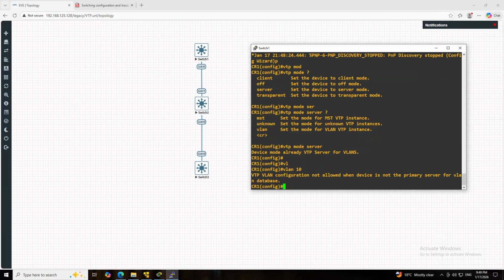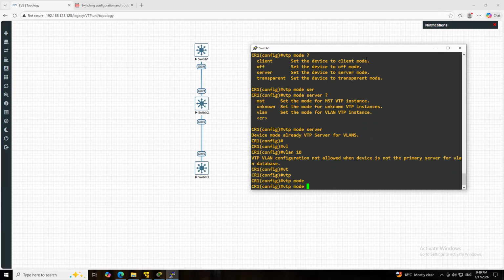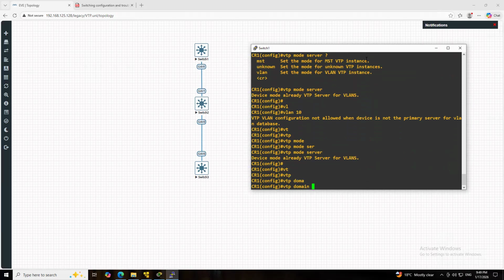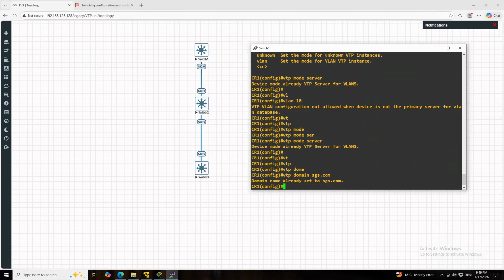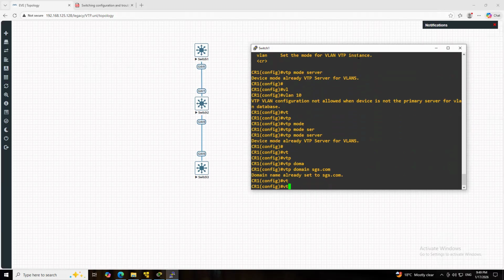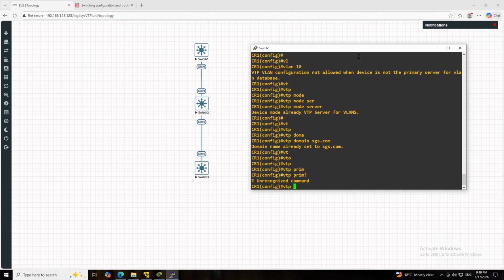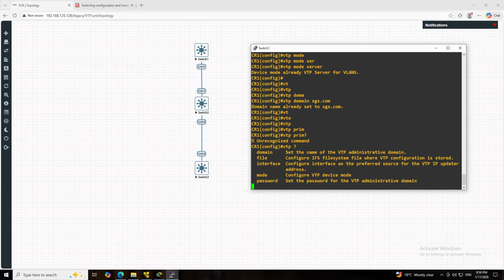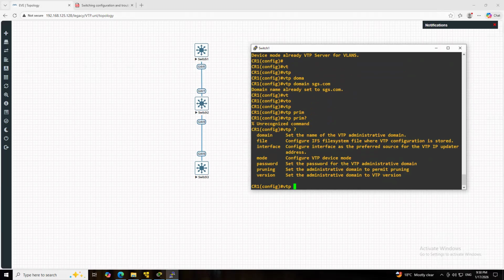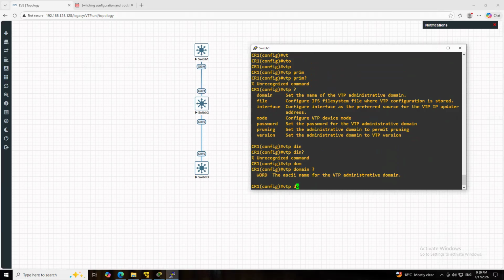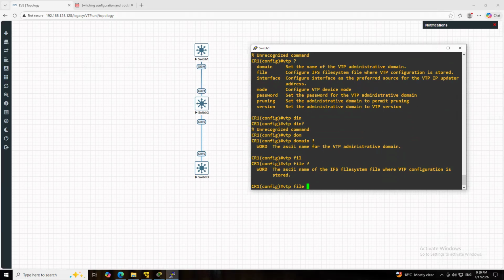VTP mode server. This is already the VTP server for VLANs, VTP domain sgs.com. It's already VTP primary.